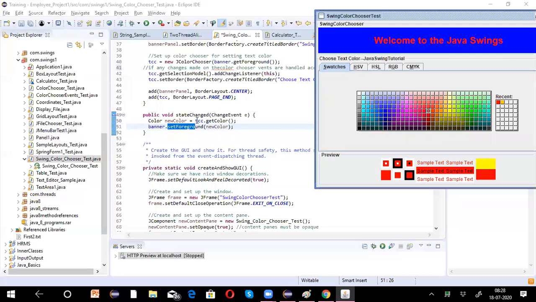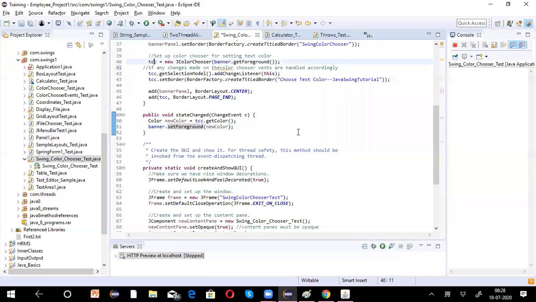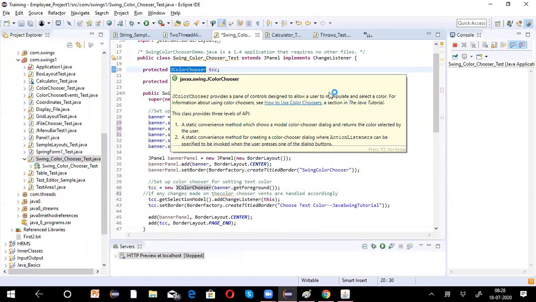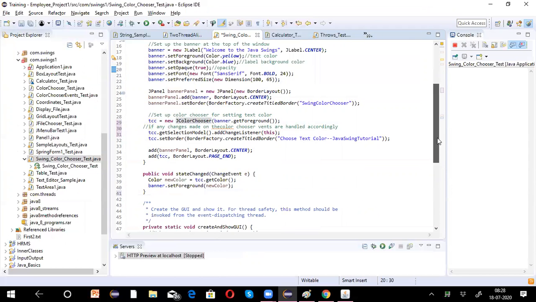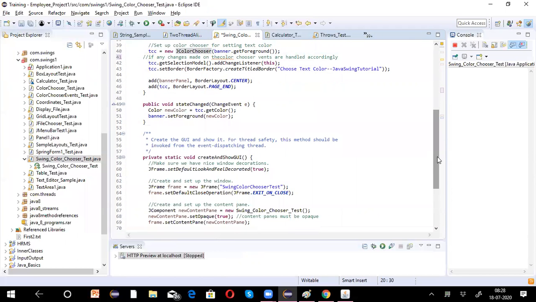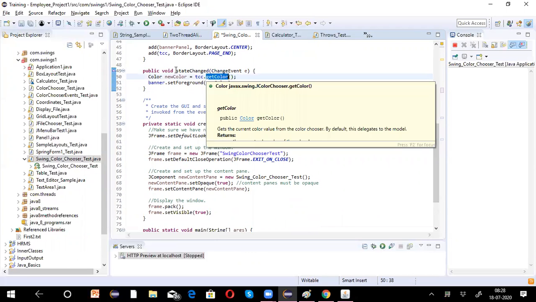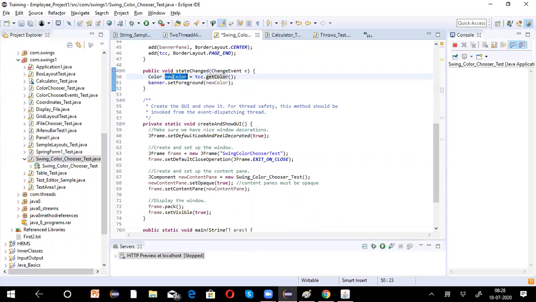What are we doing? TCC is an object of what here? Look, TCC is referring to JColorChooser, so it is an object of JColorChooser. TCC dot get color, JColorChooser dot get color, and make it a new color. And what you do with that new color?